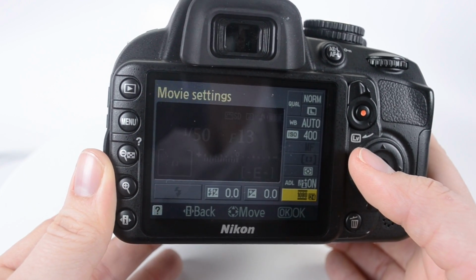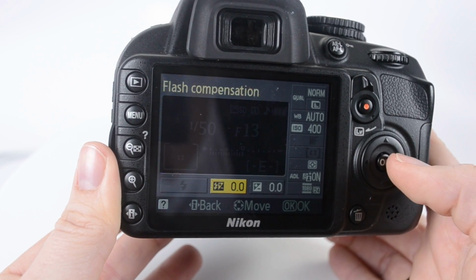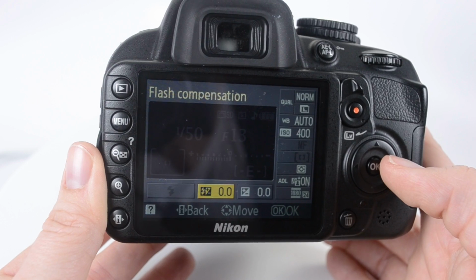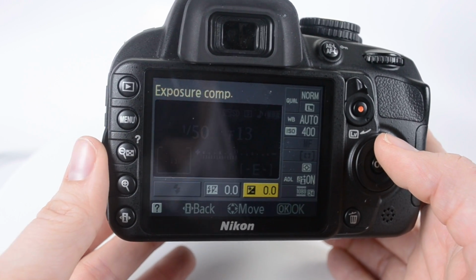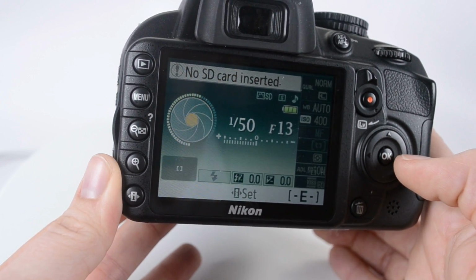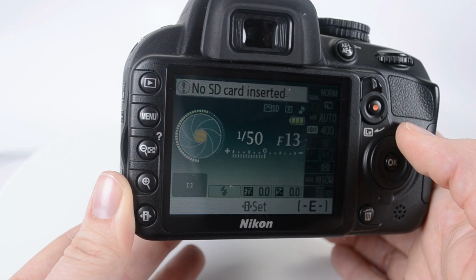The next thing you're going to do is make sure that the exposure and the flash compensation are both at 0. We don't need flash right now, especially in taking a video. It's kind of distracting, especially if you're going to use regular stage lights. And then after that we're going to double check our shutter speed. As you see, our shutter speed is at 1/50th of a second, and that's a really good shutter speed for video. And our aperture is like how